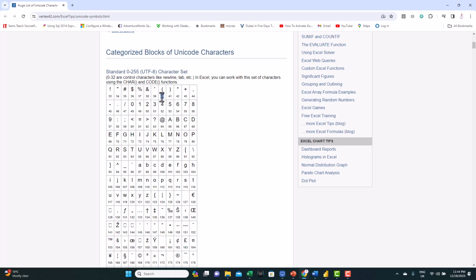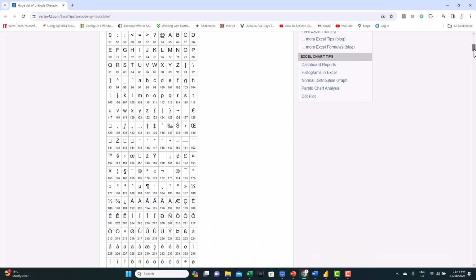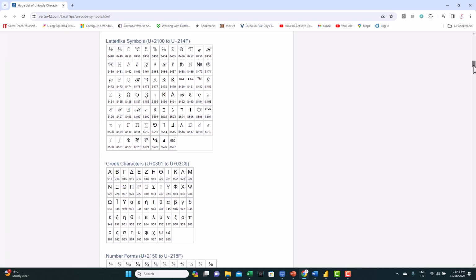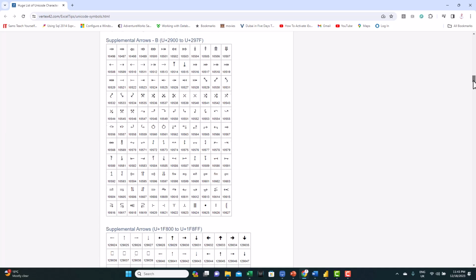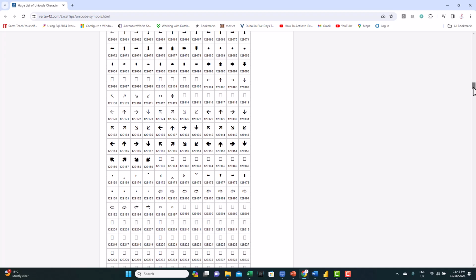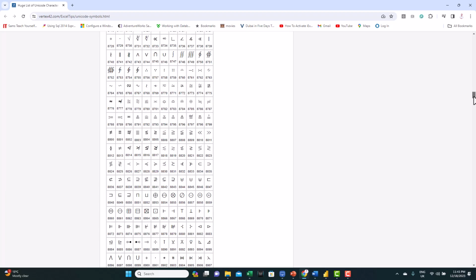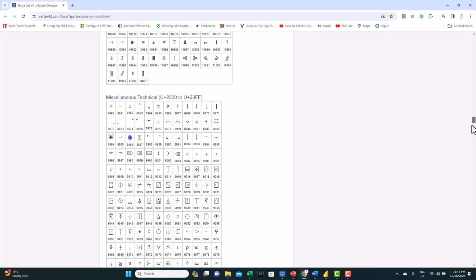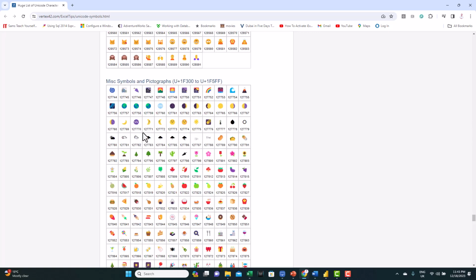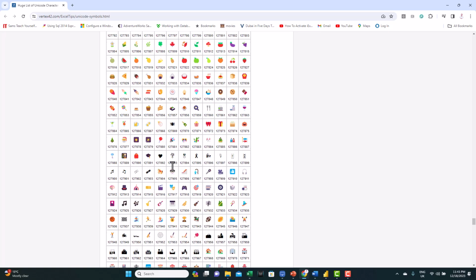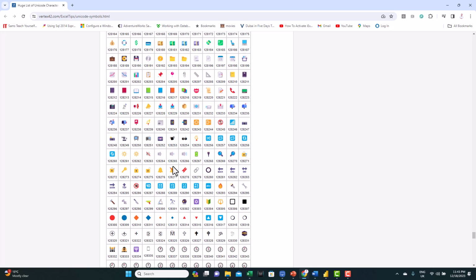This number we're going to use to build the icon in DAX. I'll leave you a link for this page that contains all the icons, and there's a huge list of icons that you can choose from that can be useful for many types of applications. And down here, you have emojis and other types of icons.